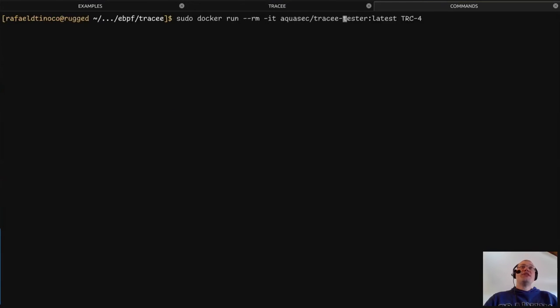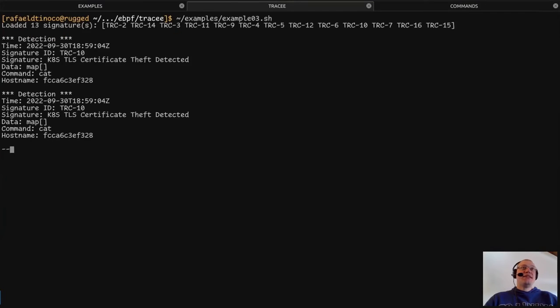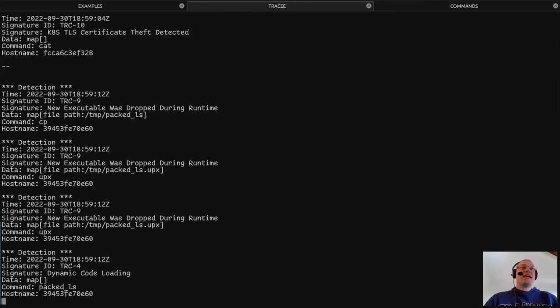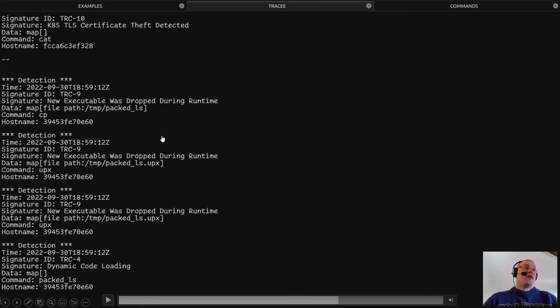we're using a Docker container to simulate behaviors that we need detected. So in here, we just simulated one type of signature, and in the second example, another signature. As you can see, the signatures detect patterns based on what we've written in those signatures, right? So this example here is detecting that an executable was dropped during the runtime of, for example, a container. And we can also have other types of events like dynamic code loading or many other events that will be